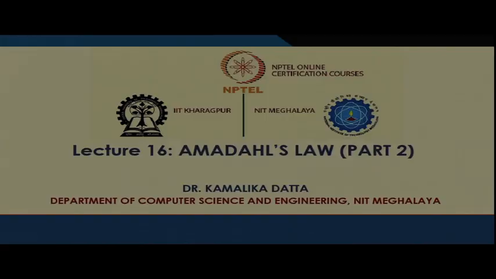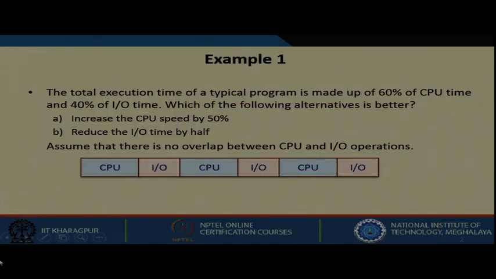Welcome to lecture 16, where we will continue with Amdahl's law a little more. Let us start with an example